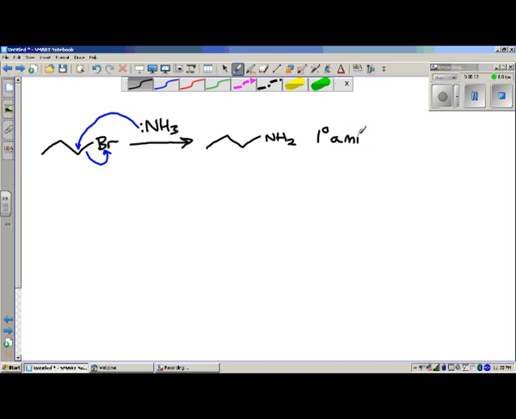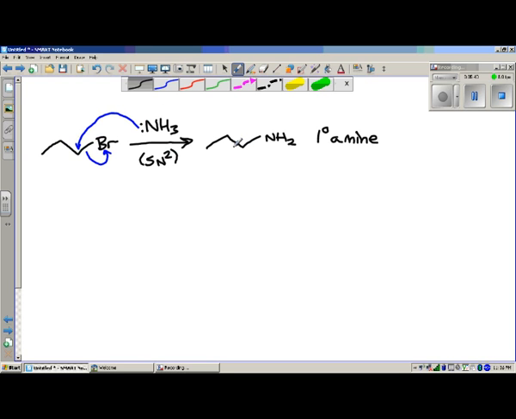But there is a reason why doing this reaction is virtually never used, although it looks to be fine. Now, I wonder if anybody can figure out what that problem is. Well, what if we had a situation, by the way, this is an SN2 reaction. Just imagine if we had a situation where you have your alkyl bromide and you add in your ammonia